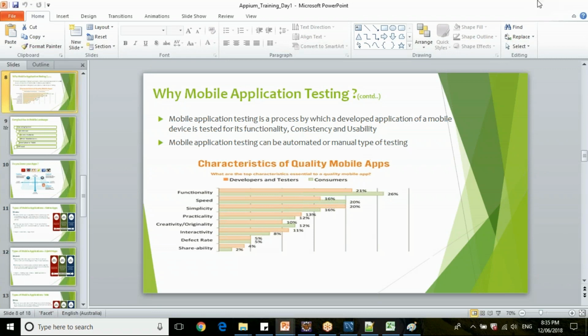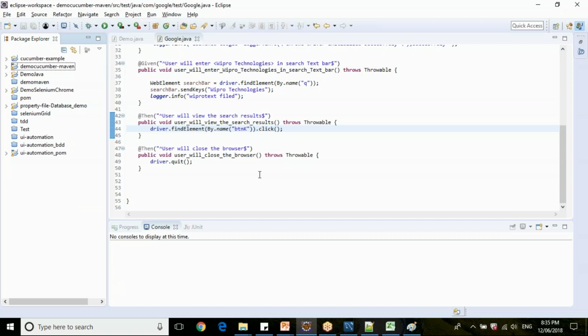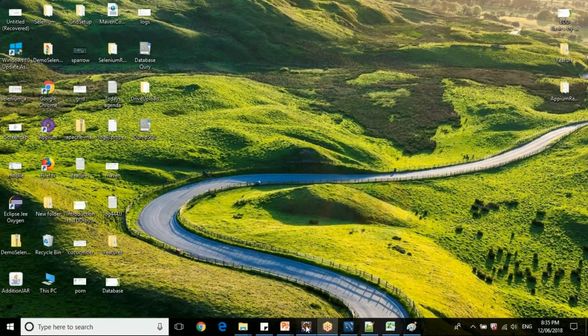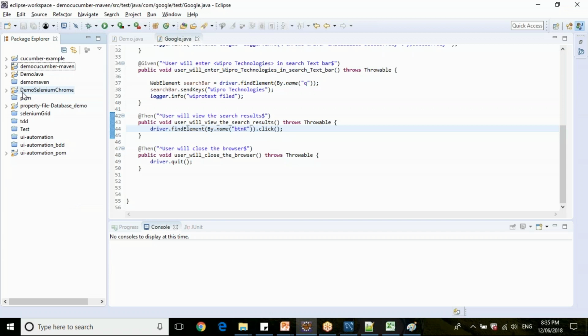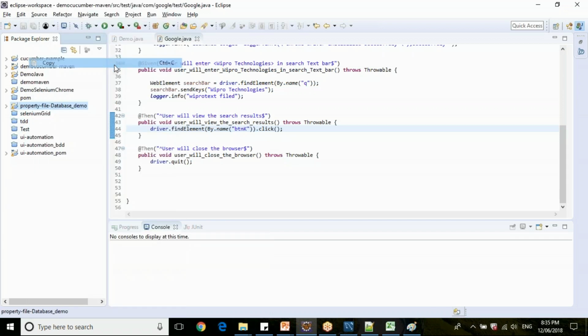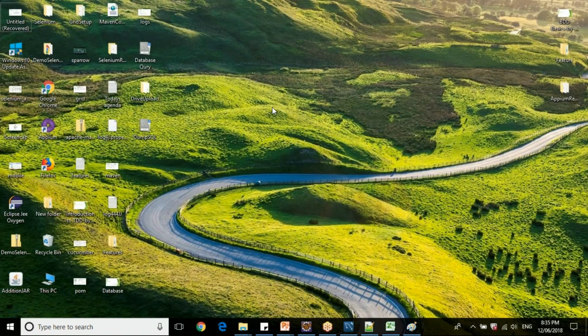If there are no queries for today's session on performing the CRUD operations in the database, like updating the database from Java code, I will share this workspace, this project with the property file, the demo database project, to Drive. You can download it, install MySQL on your local machine, set it up, and let me know if you have any queries. And we will resume this